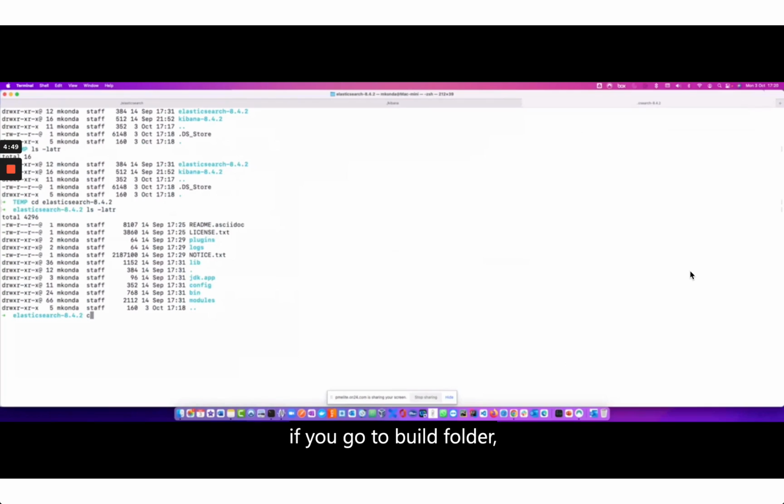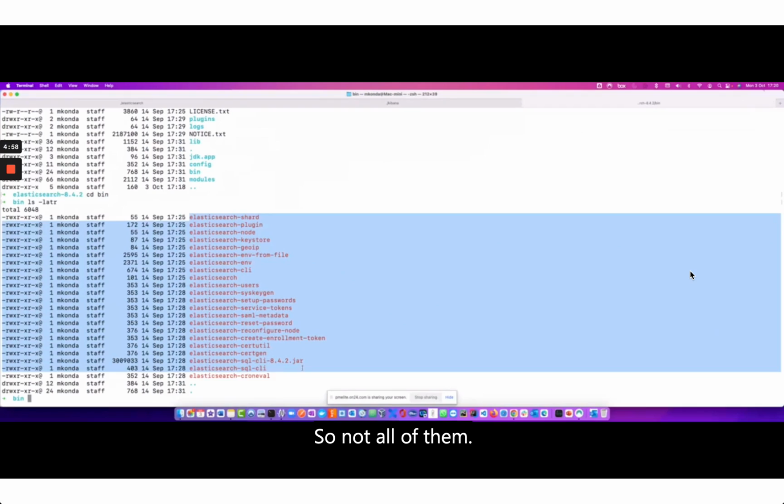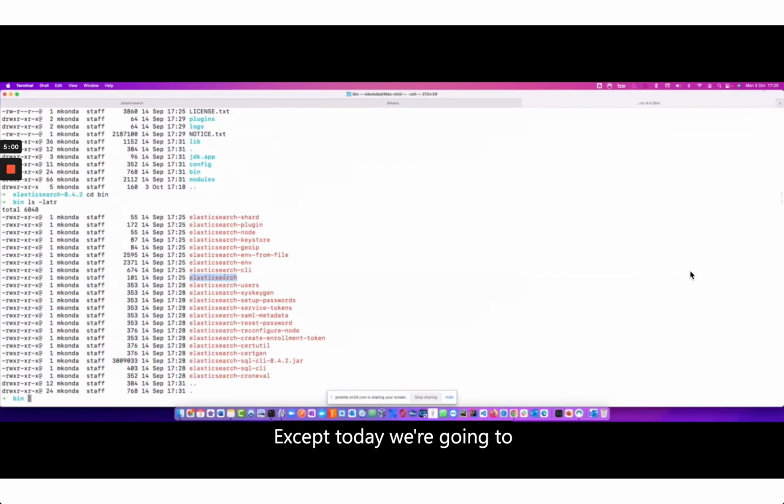The fundamental thing, if you go to the bin folder, that is the binary folder, you see a lot of Elasticsearch related scripts, right? Not all of them are we going to use, except today we are going to use mostly the Elasticsearch shell script. But you can always use the other scripts for setting up passwords or getting some plugins, including resetting the passwords and service tokens and things like that, right? But for today, we are only going to be concentrating on the Elasticsearch